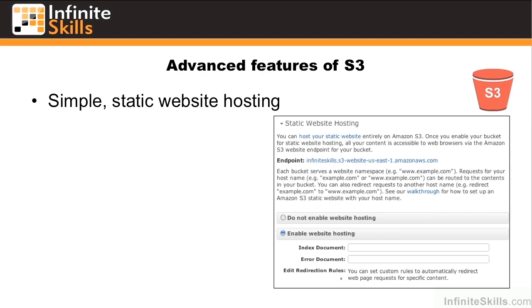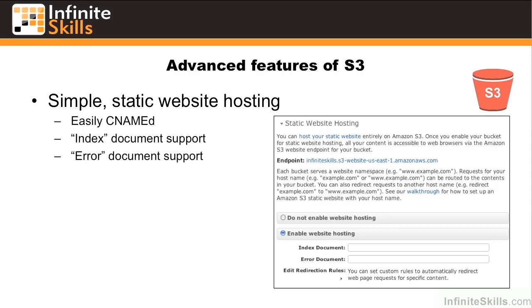First up is static website hosting. You can easily CNAME a static website to a domain name that you own. It allows index documents, which allow a document to be shown at the top level of your domain. It also allows support for error documents, such as 301s, 302s, 404s, and so forth. You can put your own custom document up for each of these. Also has key prefix routing rules, so that you can route certain objects with a key prefix to other places